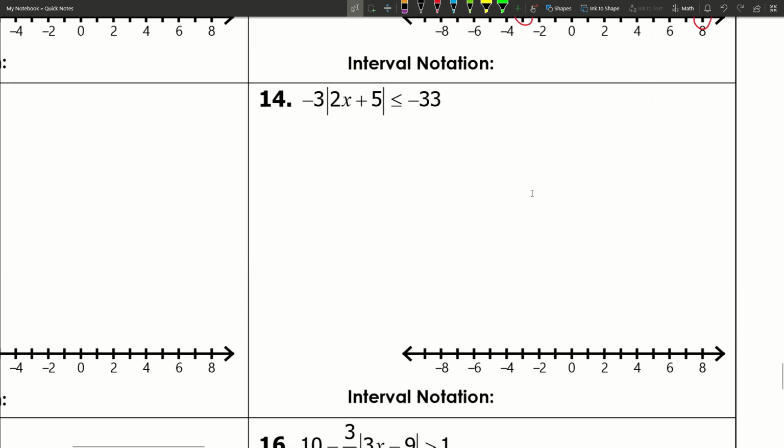Two more problems with me before you're expected to do the rest of them on your own. Number 14. Remember, we do not distribute into absolute value, so what we're going to do instead is divide it away. Negative 3 divided by negative 3 is 1, so now that's gone. We have the absolute value of 2x plus 5 is less than or equal to,